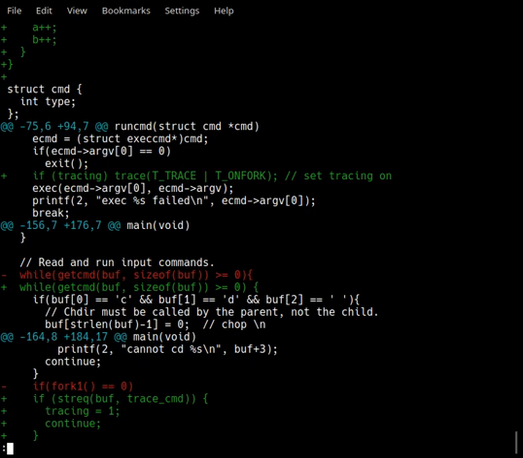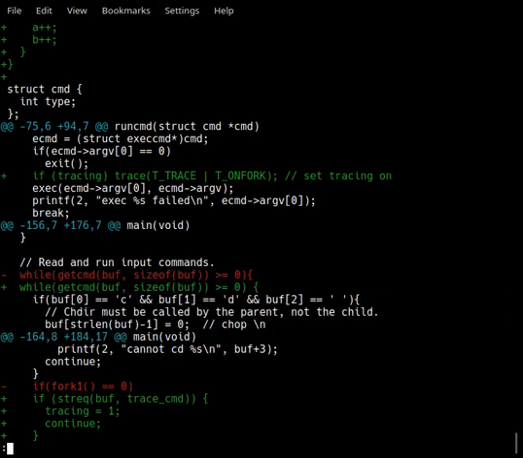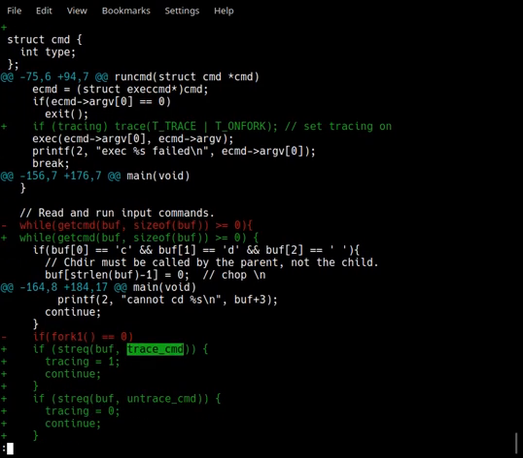A built-in command is a command that executes in the shell itself. Instead of searching in the file system path and picking an executable, the shell has special case handling for this. For example, cd, which is implemented in the original XV6 shell. cd is called by the shell only because it changes the shell's state. Similarly, we check whether the commands are for tracing, the trace command for example, then we short circuit the command execution and set the global shell state to enable tracing.